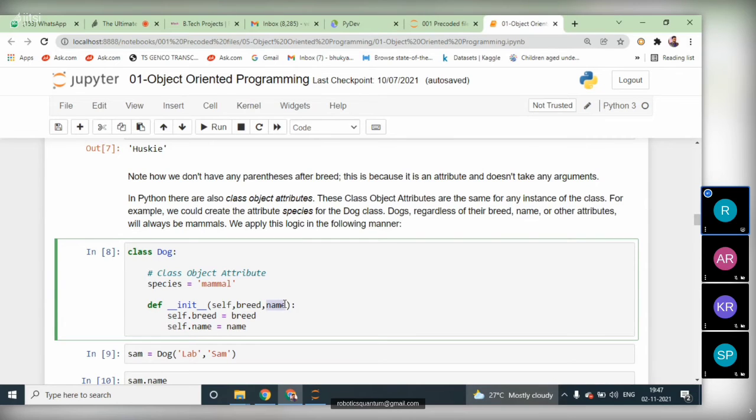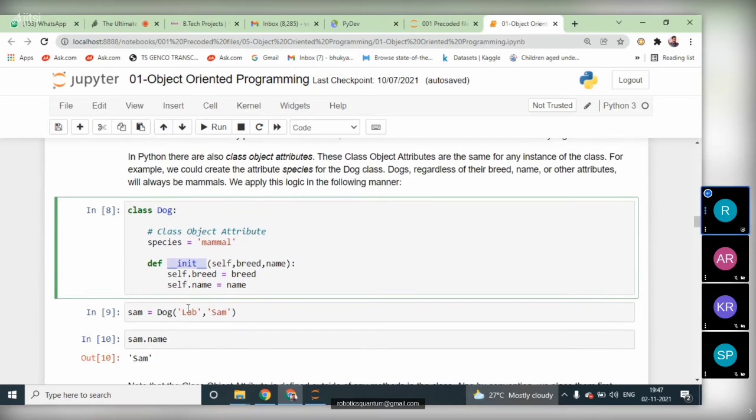Here we are creating two instance variables, self dot breed and self dot name, in the init constructor.